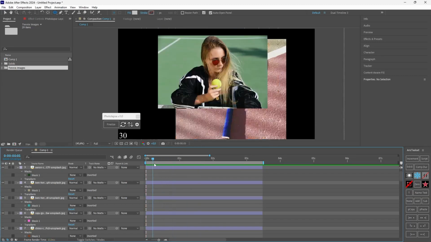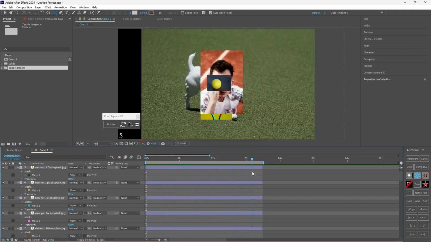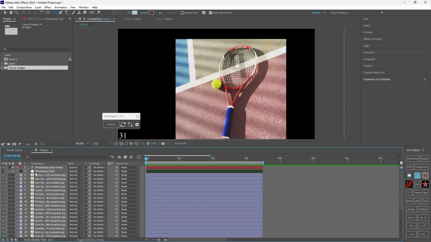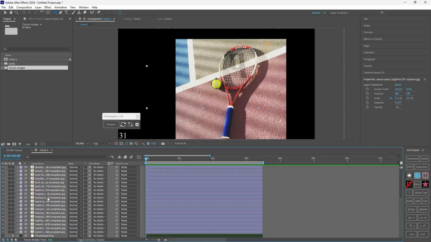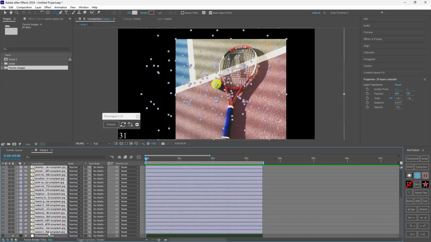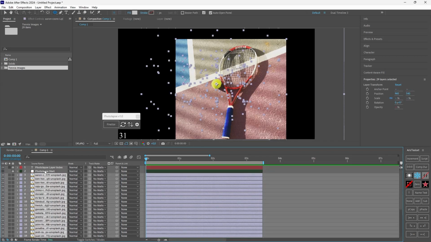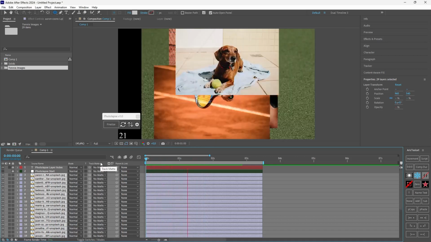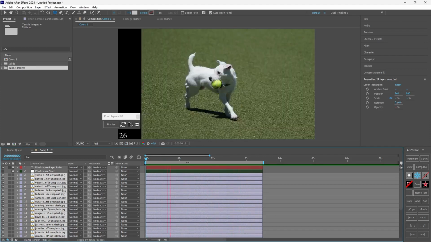Now, let's see how we can change the order. If you want the reverse order of the images, let me close all the masks, and I can select all of the images between the Photolabs end and Photolabs start layers. I select all of those and I can click this button. Now they are all reversed. The last became first, the first last, and everything in between changed. If I play now, I think I will stick to this.